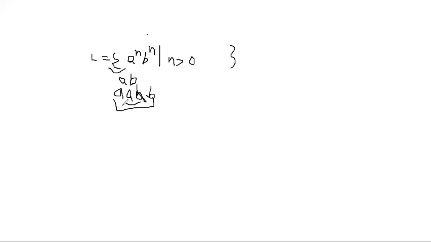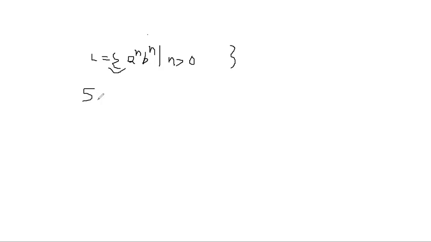Okay? If we expand like this, we get an equal number of A's followed by an equal number of B's. So if A is there, then the opposite symbol should be there at last. If the second symbol is A, then the last but one symbol is B. If the third symbol is A, then from the last, the third symbol should be B. So unlike WWR, here we are getting opposite symbols. Then it is very simple, we can easily write the grammar, that too for n greater than 0. At least one AB should be there.